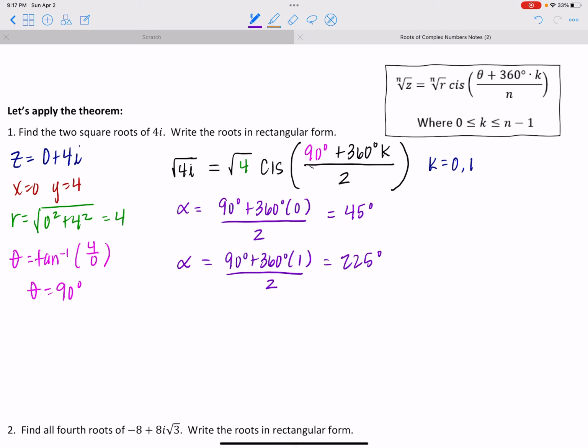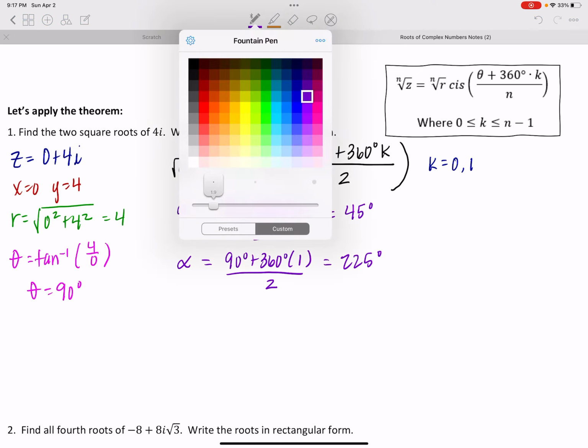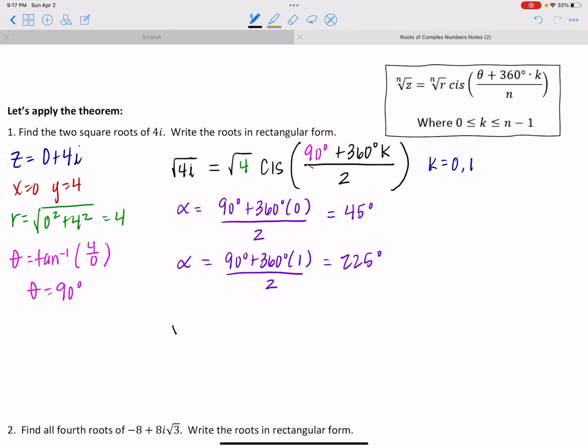And now I'm going to know the polar form for my complex roots. So we can say that the square roots of 4i are going to be equal to, my radius is the nth root of my radius, so the square root of 4 is going to be 2. So it's going to be 2, and then cis, one of my angles is 45 degrees, and then the other option for my angle is 225 degrees. And so if I asked you for the 2 square roots of 4i, here they are. These are my 2 roots,